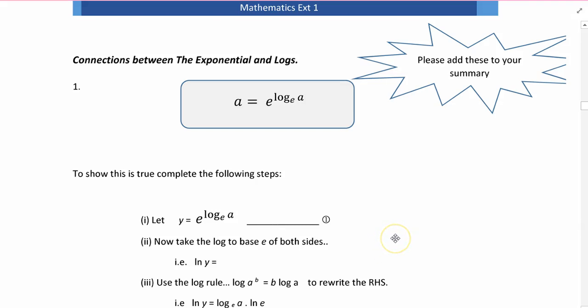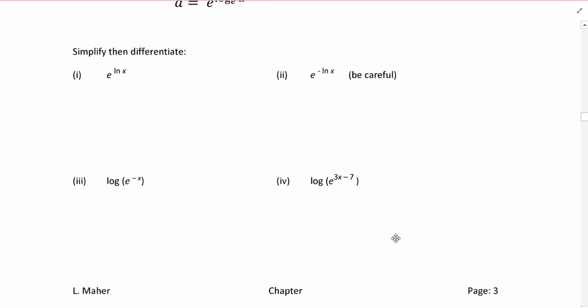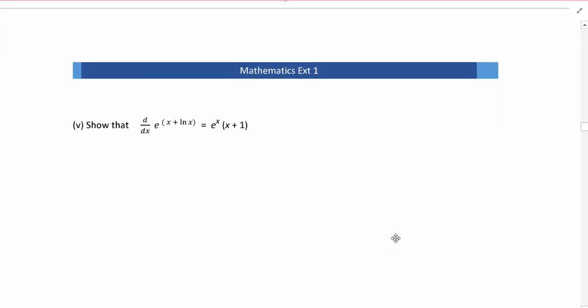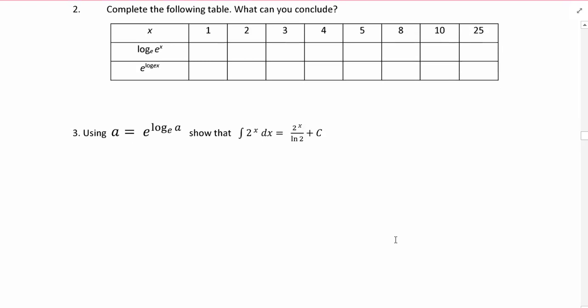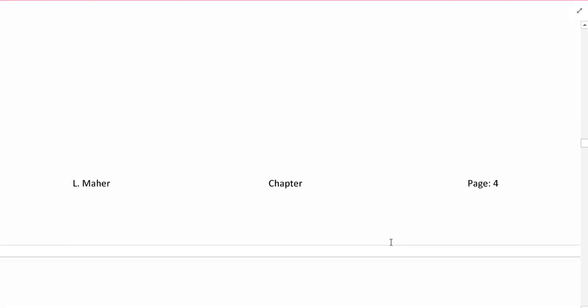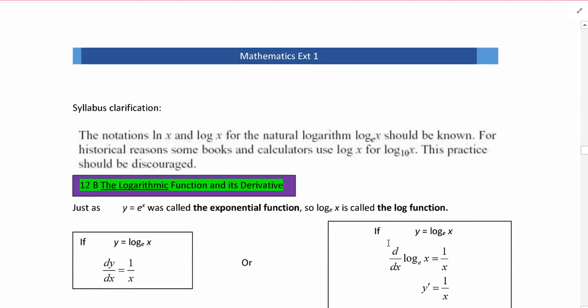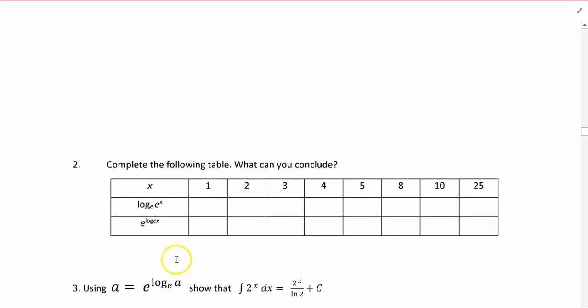I'm going to leave these next couple of pages because we usually do the exponential. We study the chapter on the exponential before doing logs. However, this time it was suggested that we change the order. Now, since we've changed the order, I'll have to talk about some of this stuff now because we haven't